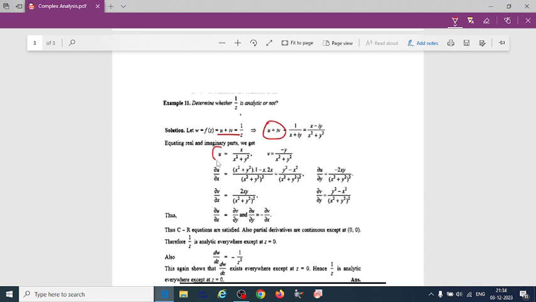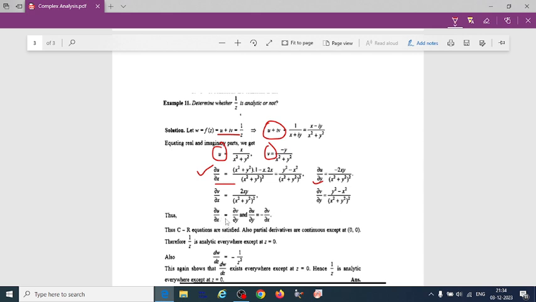Then you can take the values of u and v and differentiate u and v with respect to x and y. So dou u by dou x, if you differentiate carefully, you will have the value y square minus x square divided by x square plus y square to the power whole square. Next differentiate u with respect to y. So you will have these two conditions. Next differentiate v with respect to x and next v with respect to y. Then check the conditions,